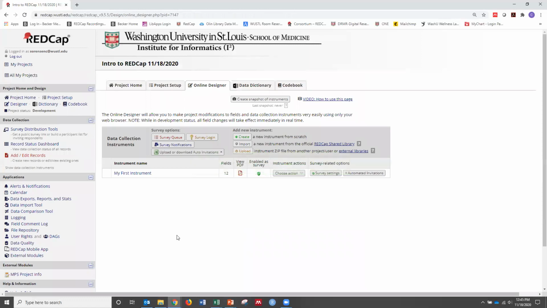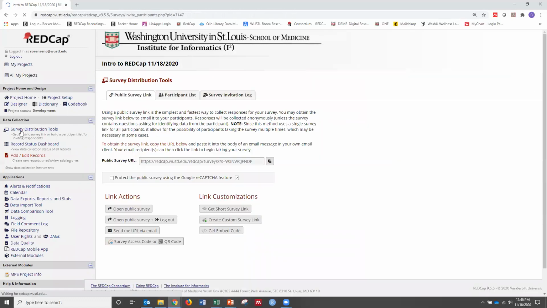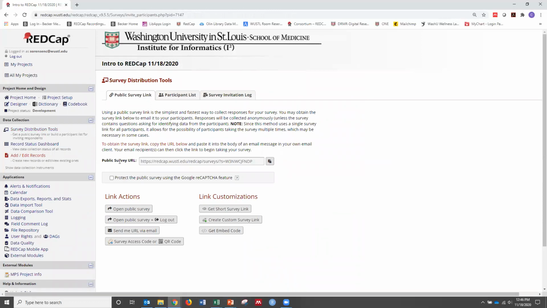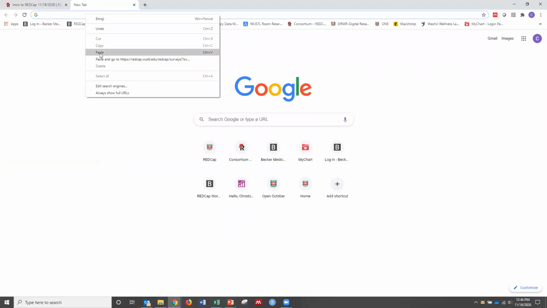Once this has been set up as a survey, I can use these survey distribution tools to deploy this. So you have a public survey URL, which is just a long web address. So this is good if you're sending out an email. So say I was going to give an anonymous survey to like everyone at WashU. I could send out an email to all WashU employees and have a link to this survey in here. So if I copy this, if I just open a new tab, paste it,